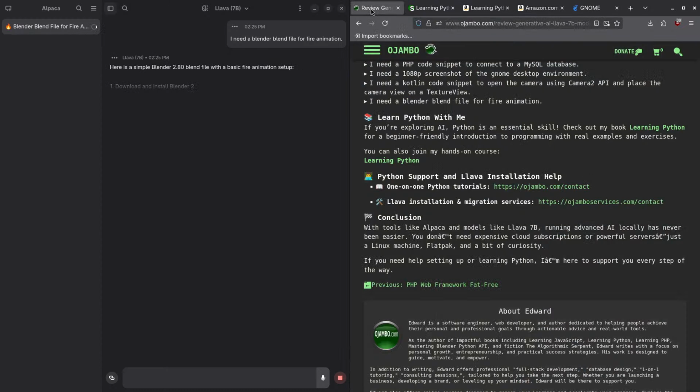Okay, so it looks like it's... here's another problem. You see this one? Right now, I use Blender 4.4, and 4.5 is actually, I think, past alpha stage, so 4.5 will be released this year. We're just past the halfway of 2025. The problem with this, you see, it says here's a sample Blender 2.80 Blender file with basic fire animation setup. So it says download and install Blender 2.0 later. I have Blender 4.4. And it says open a new project, Control Shift. So this is